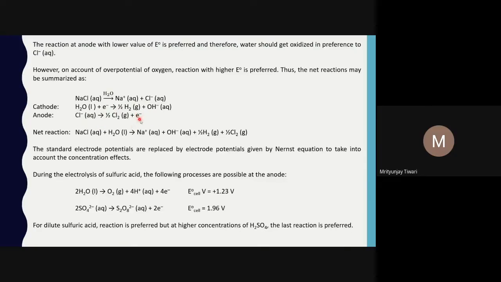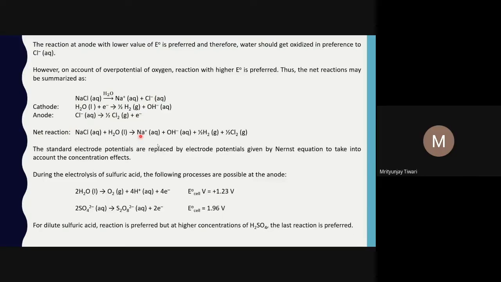If you want 2 electrons, to make this in terms of integral values, which is the convention that we usually follow, we have to multiply the entire thing by 2. But even with the half, this reaction is okay, because it is stoichiometrically balanced. So what will the net reaction be? NaCl plus water; the Cl minus will be cancelled out, and the electron will be cancelled out.